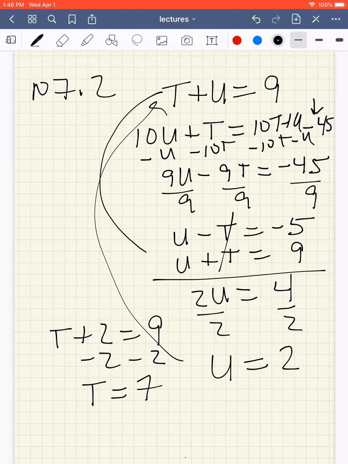All right, so the only thing that's left is for us to write whichever number they want. And again, it says what was the original number. Don't assume that that's what it's going to ask for, because sometimes it'll ask for what was the number with the digits reversed, in which case it would be opposite of what you would normally write. This one, what's the original number? So the tens digit goes first, and then the units digit. So the number